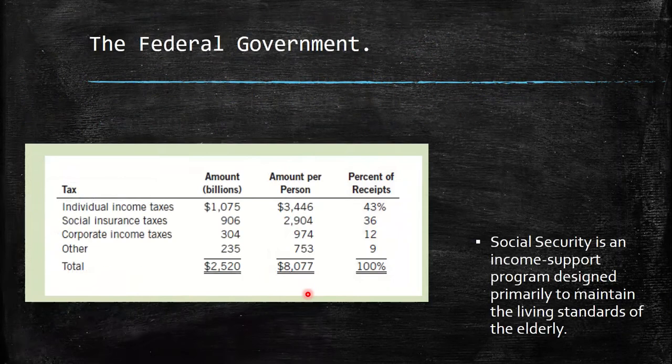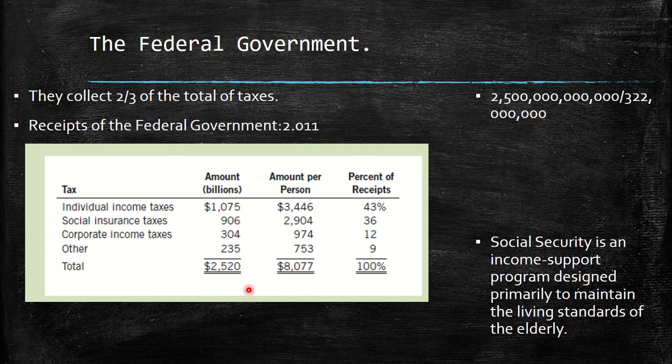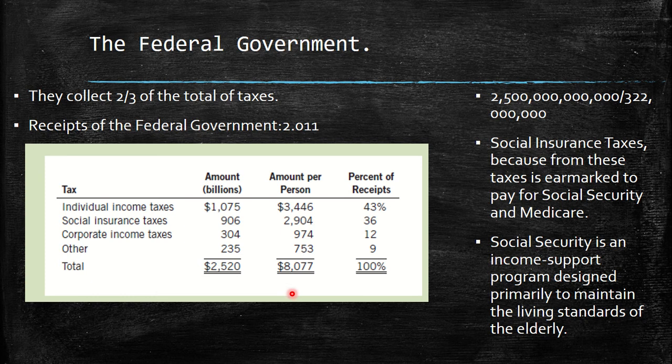Then why could that be? The first situation is the federal government. We know that the federal government collects two-thirds of the total taxes. This is the table for the receipts of the federal government in 2011. Here we have 2.5 billions, divided by the millions of the population. So we have 8,077 here. These are the taxes collected: